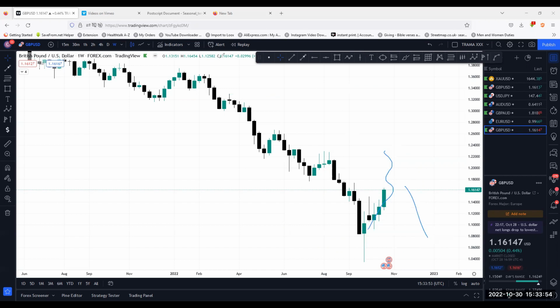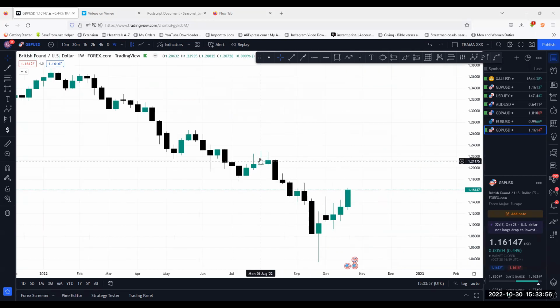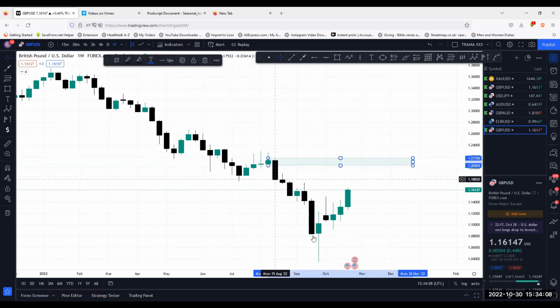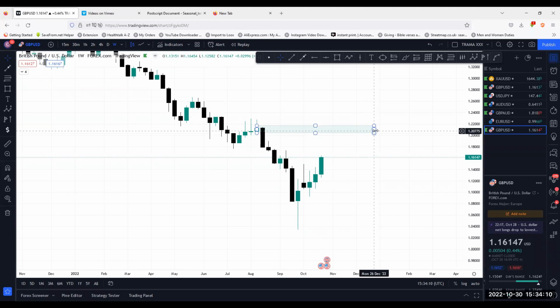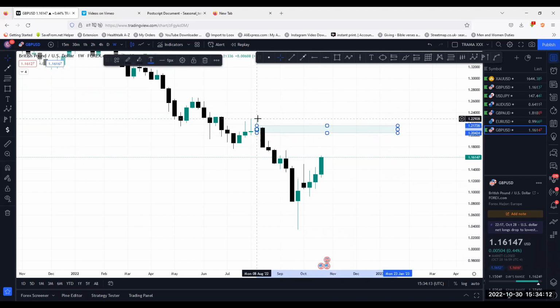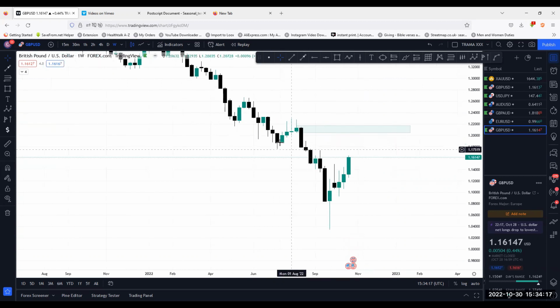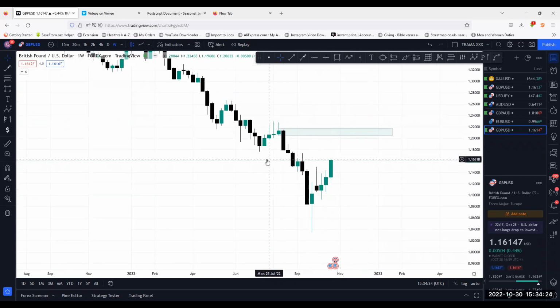So let's look at these candles on the weekly. First of all, we have price drop to this level with this impulsive move. So we have a push from here. That was a candle that enabled that push. So we saw another massive impulsive move. So that is an order block right there. The market is looking at that area and saying, look, I have moved away from that area for a while. I think it's time to move back to it. But that may not be what the market wants to do.